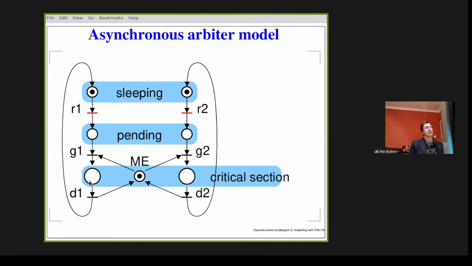Right. The token goes away from here, and at the same time, this place is marked. Now this place is again prepared to operate the grants. What happens next? Right. This request is very fast. Now we have both requests pending. Both grants are enabled. Which one fires? I have no idea, because now we have the symmetrical case, free choice.